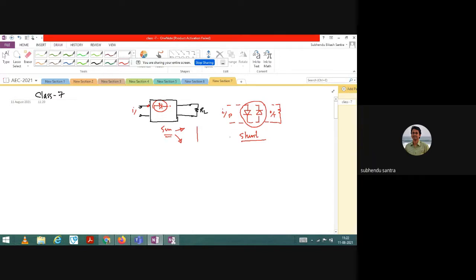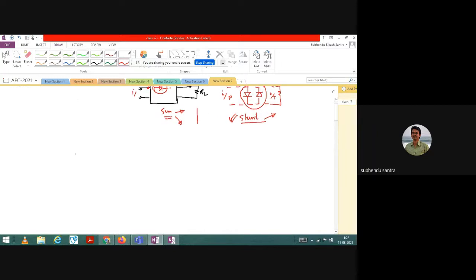Now it is time to discuss the shunt. The same way, I will discuss shunt positive clipper and shunt negative clipper. I started some diagram in the previous class, so let us do that, and I will also discuss the biasing effect in the same circuit. If you remember, I think I used a circuit like this. Let us say I am using a diode, and I am having a sinusoidal supply, and a load.